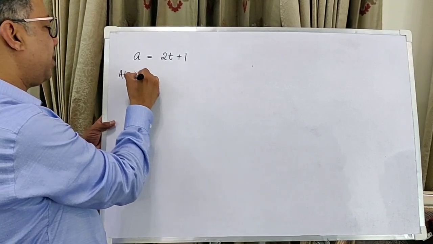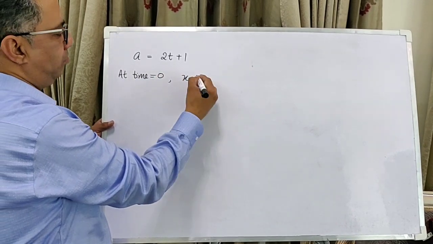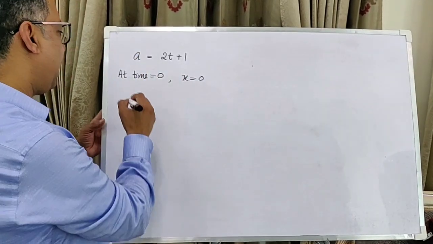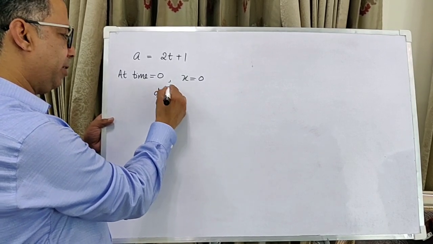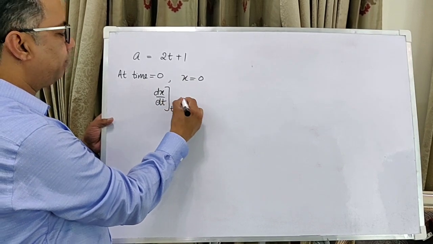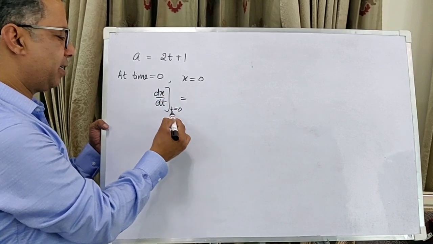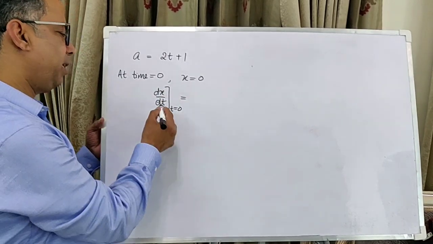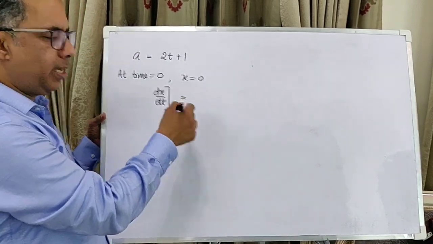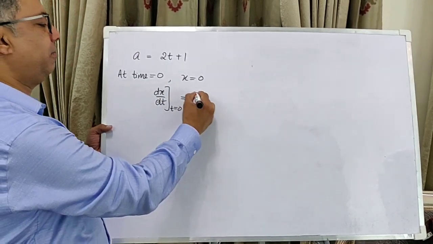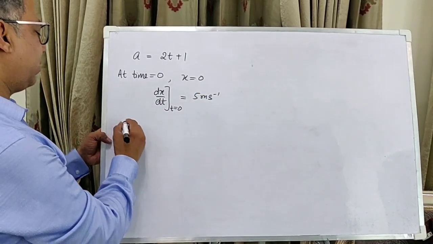At time equal to 0, x is, let's say, 0, and dx by dt, that is velocity at time equal to 0. This is just notation stuff, dx by dt with a bracket, t equals 0. This means dx by dt at time equal to 0. So that's the initial velocity. This is given to you, let's say 5 meters per second, and we are asked to calculate